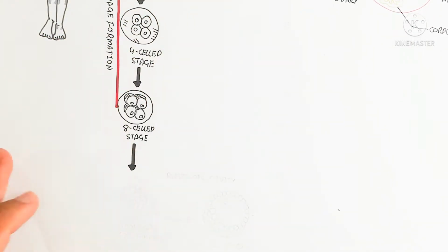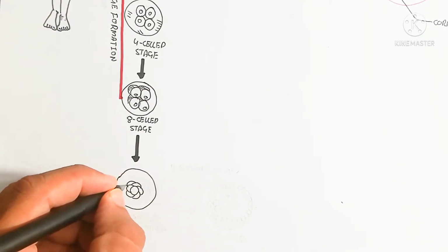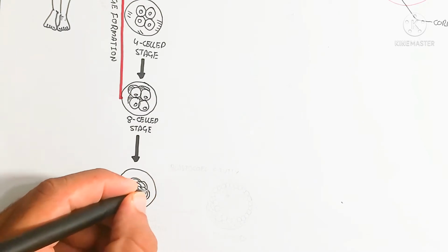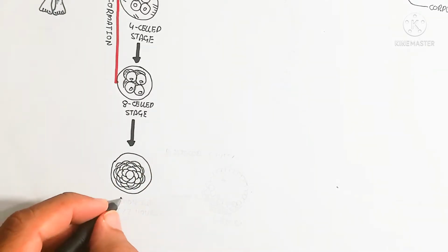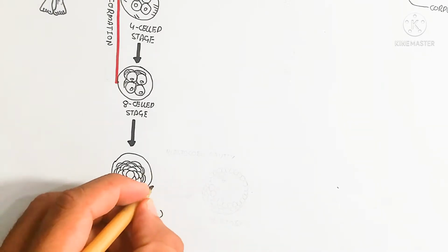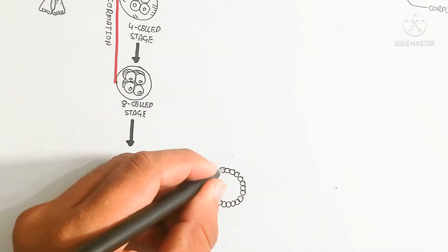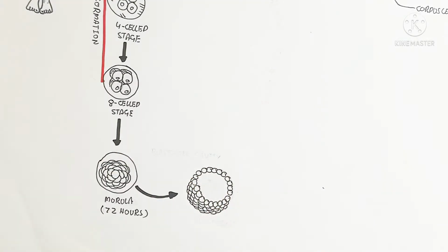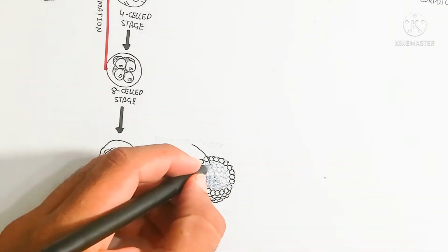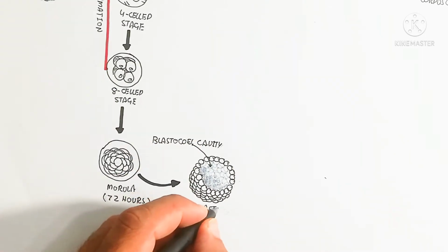Blastocyst formation after the morula means a blastocele cavity is formed inside the blastocyst, and this blastocele cavity is part of the blastocyst. After blastocyst formation, gastrula formation also occurs, but here we will not go into it. Next is the implanted